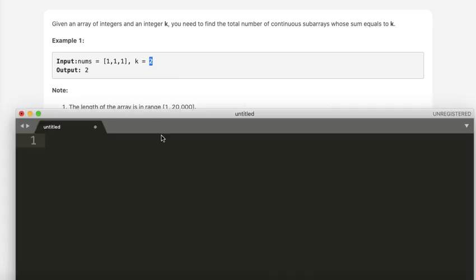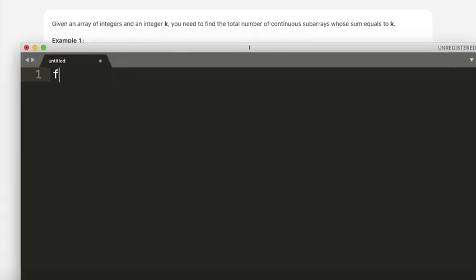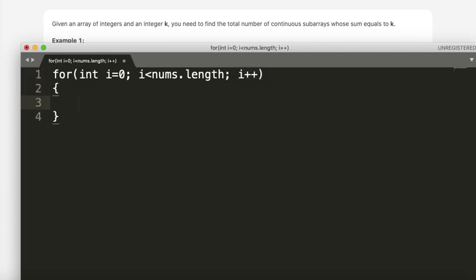So let's write some pseudocode. The inner loop will start from i plus 1. For every i, I'm finding all the pairs from the next element on and finding the sum between them.